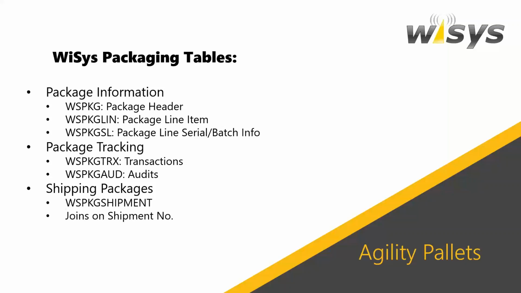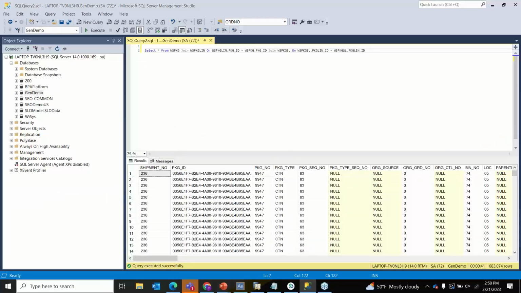Now, a package audit is very similar information, but the display is very different. So a package audit has much more package information. And while you're looking at the same actions and the same action codes as the transaction table, it's showing more of what happens over the life cycle of a pallet. So you can see that pallet information, you can see how it changes with each transaction. So let's take a look at those and see what the difference is and understand how to use them a little bit better. So if we go here to WSPKG TRX,